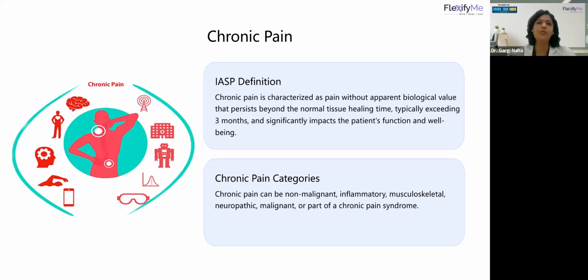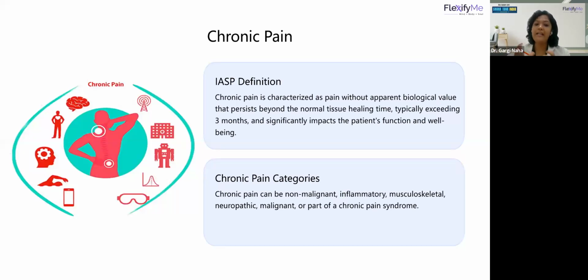Okay, now the next category is musculoskeletal pain. Musculoskeletal pain is any pain which is due to muscles or skeletal system. Skeletal system is your joints. तो कोई भी दर्द जो मसल और जॉइंट की वजह से आ रहा है, comes under the category of musculoskeletal pain. For example, if you're running and suddenly आपके क्रैम्प आ जाता है, काफ में क्रैम्प आता है, हैमस्ट्रिंग में क्रैम्प आ जाता है, so that is a strain of the muscle that comes under musculoskeletal pain.